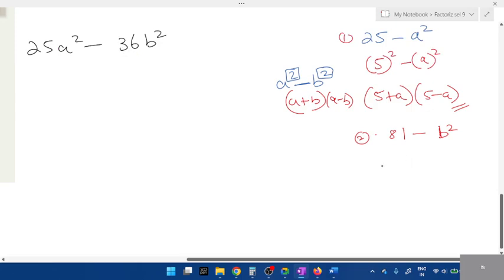What about 81, students? So 9 plus b into 9 minus b. Is this clear? All of you understood? Next, we'll do this later. Next question is